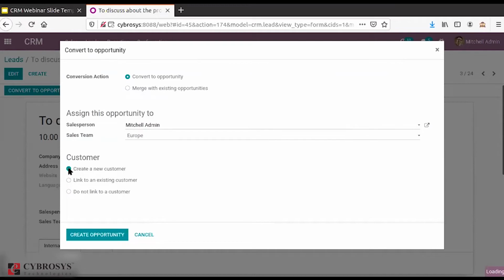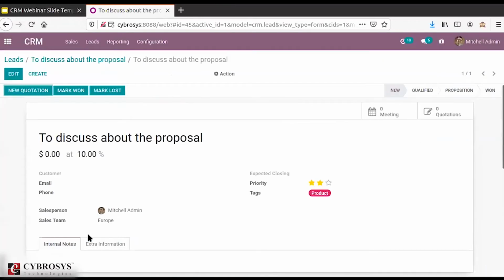If you want to create a new customer, obviously you can. Right now, I'm choosing that I don't want to link it to a customer, so I click on opportunity. Now you can see I have marked it as an opportunity.